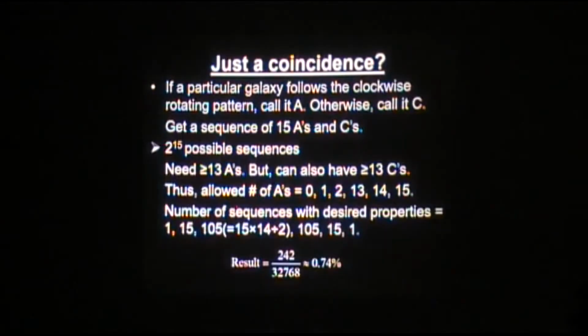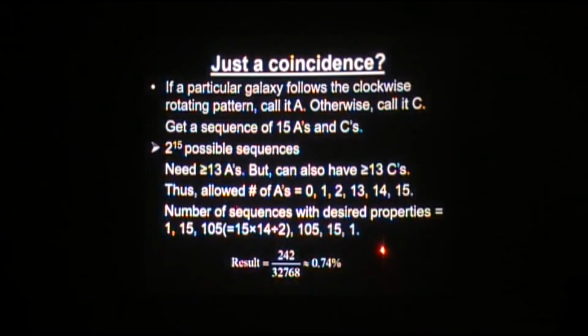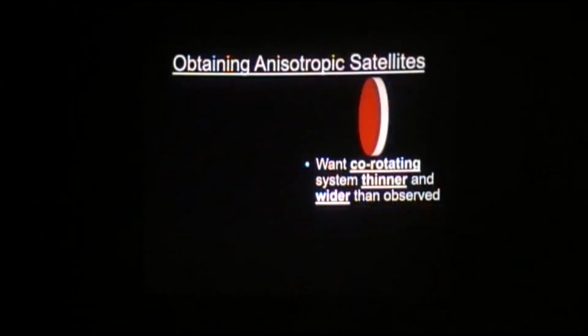So if you just work out the probabilities of these things, for the case where you have 2, you have to divide by 2 at the end to account for pair double counting. But the main thing is that there's only 200 or so ways to actually do that, but there are about 30,000 sequences. So the chance of getting this is less than 1%. And that's just the chance if you already had 15 galaxies within a plane, the chance of them also being co-rotating. So clearly this isn't a fluke of some sort, there's something to this.